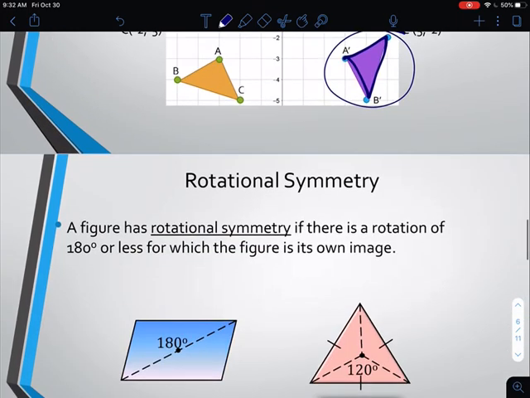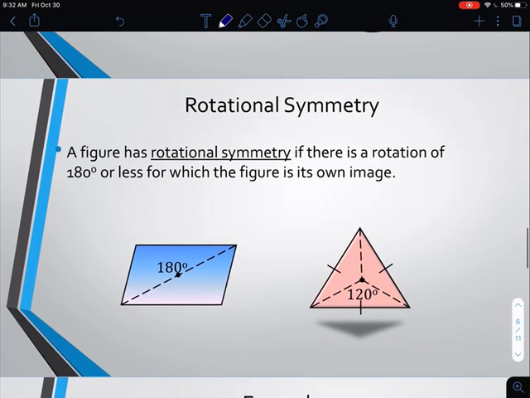Now the last thing we have to talk about today is rotational symmetry. For rotational symmetry, and again, this is something that you might have to have us explain in class because it's a little bit tough to explain on here. But a figure has rotational symmetry if we can spin the object and get the same object looking back at us. So for instance, if I look at this parallelogram,